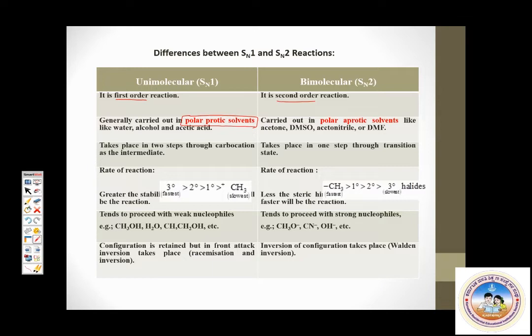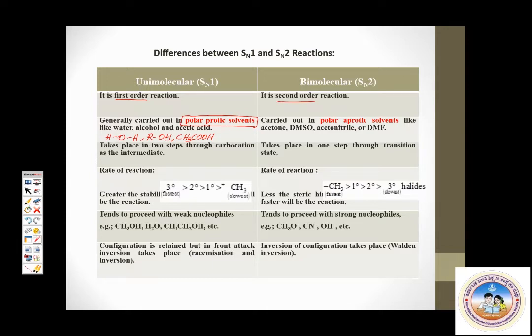Polar protic solvents are those in which hydrogen atom is attached to highly electronegative atoms like oxygen, fluorine, nitrogen, and so on. Okay, see this? Water, alcohol, acetic acid, all these have hydrogen attached to oxygen. These are called polar protic solvents. I repeat once again, polar protic solvents are those in which hydrogen atom is directly attached to electronegative elements like